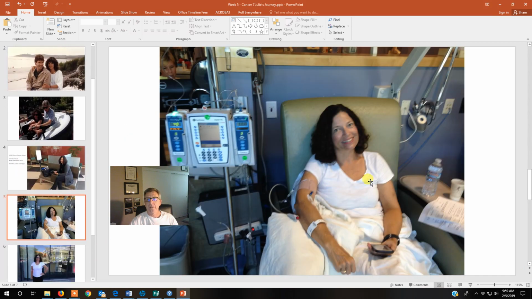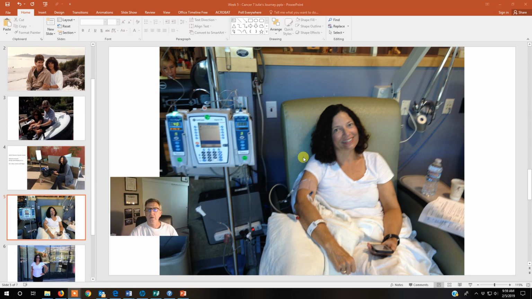So there she is, okay, having her infusion of drugs, okay, that are going to fight off this cancer. They're going to kill off her cancer cells. And she has a great spirit. Part of the problem, you see some of the bruises on her arms, and this is because when you have her kind of cancer, you become much more easily bruised because the cells produced in your bone marrow that normally would do the clotting, so the bruising doesn't happen, are impaired or impacted. Yeah, her bone marrow, guys, just to give you a feel, was 70% cancer, 70% cancer before the trial started.